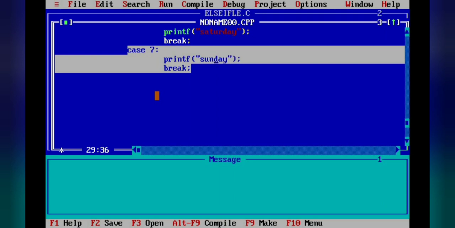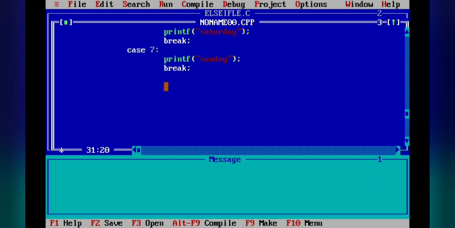Now if the user has not entered any value from 1 to 7, then we will write the default block. Default, then printf. Again we will give a message here: please enter value within 1 to 7.